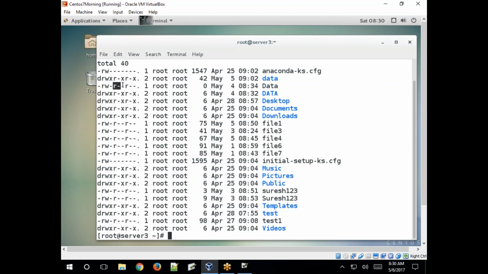Read only for group, read only for others. 644, right? This is the default permission. So create a file. cat test file, test one. Creating. Already there. Okay.